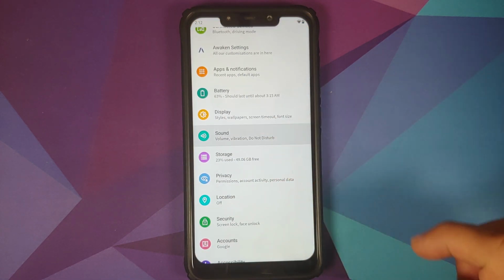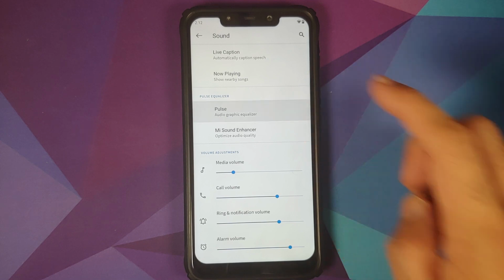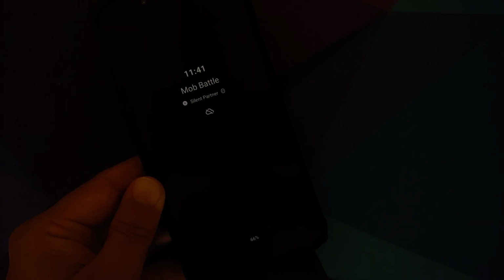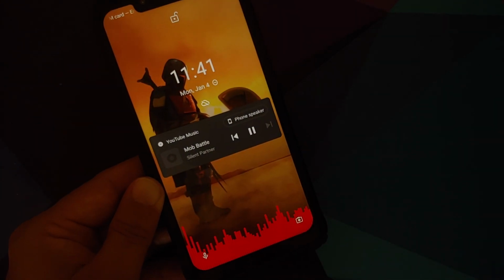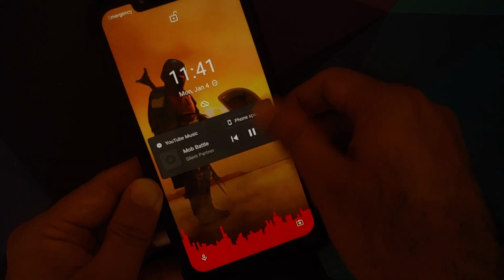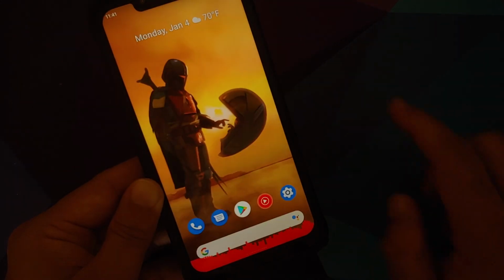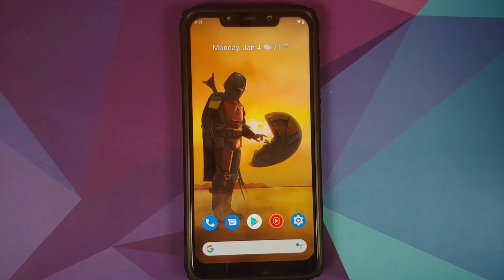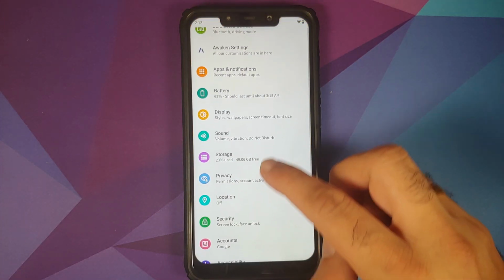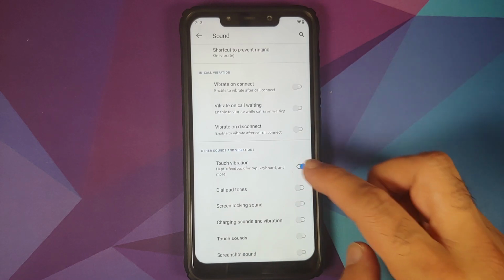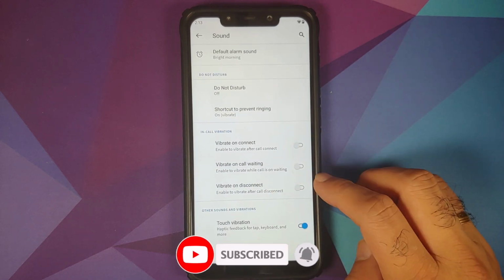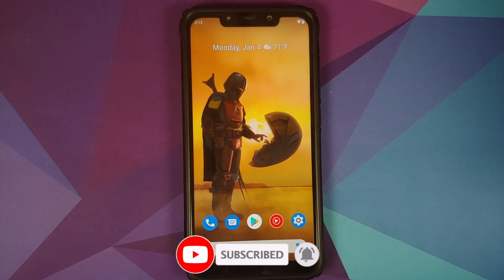Other than that, if you go into settings and sound, you have the new pulse option wherein you can have a graphic equalizer playing in the navigation bar, on the lock screen, and on your always on display as well. It is pretty dope, and there are a bunch of customization options as well. In sound they have also added in-call vibration options. So here it is, vibrate on connect, vibrate on call waiting, and vibrate on disconnect.